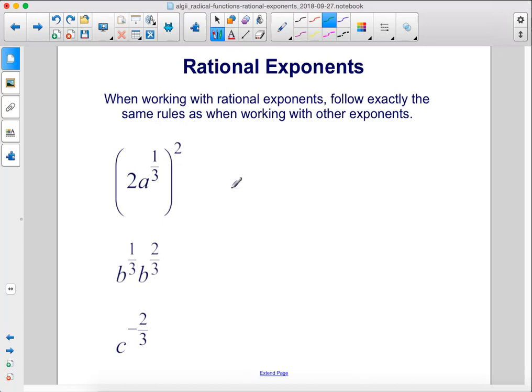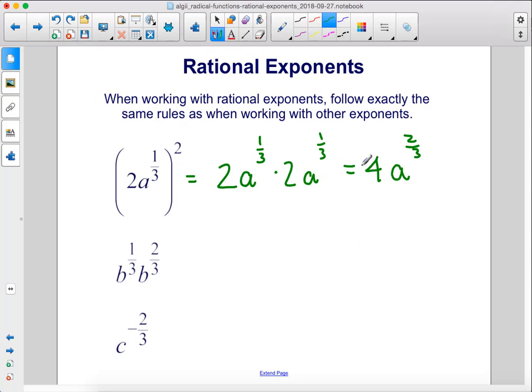When working with rational exponents, follow exactly the same rules as when working with other exponents. So we have 2a to the 1/3 power squared, so we're going to square the whole thing. That's the equivalent of saying 2 times a to the 1/3 times 2 times a to the 1/3. So this would be 4 times a to the 2/3, because if we're multiplying these together, we can just add